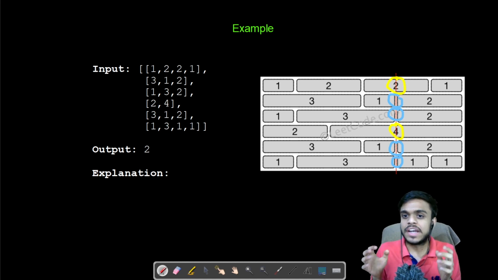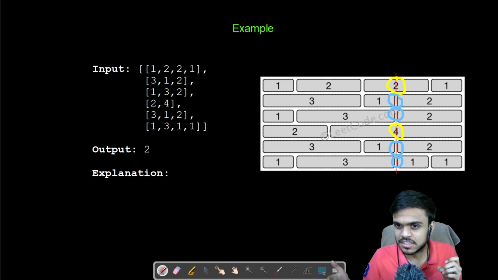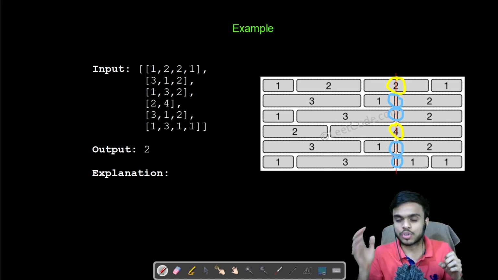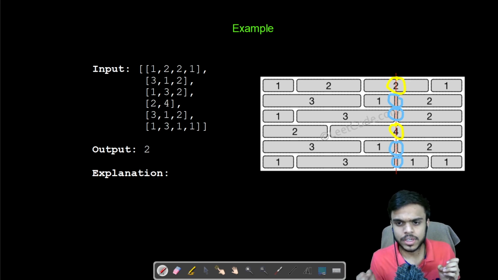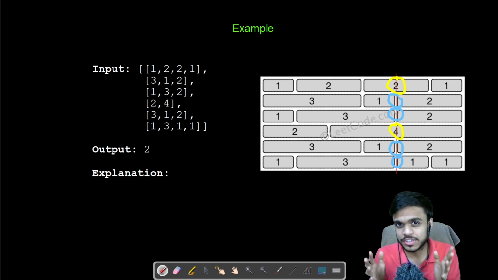Because finding the number of edges on any line is a bit easier than finding the number of crossings on any brick. So what we can do here is check for every index in the wall, that is wherever there are edges, and find for which index the maximum number of edges is present.